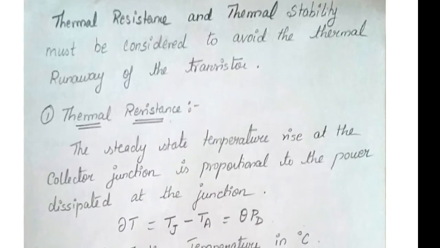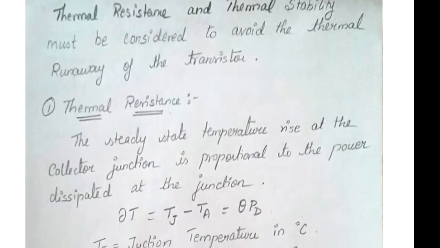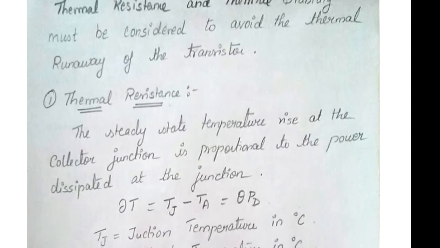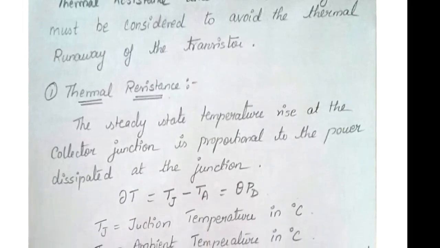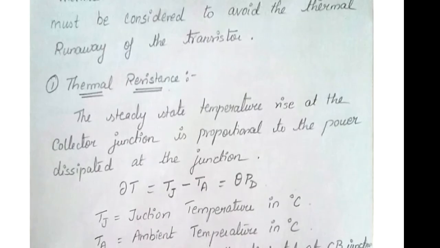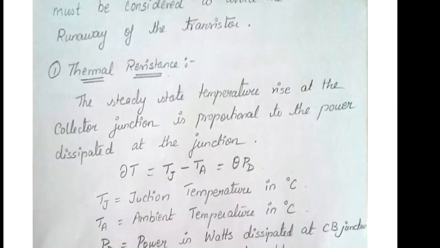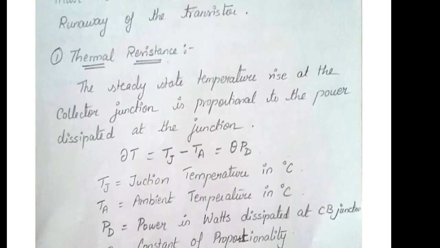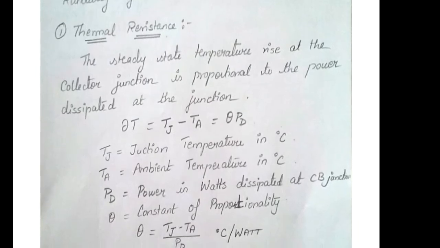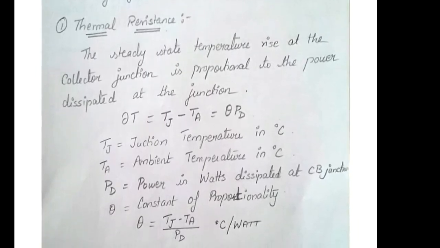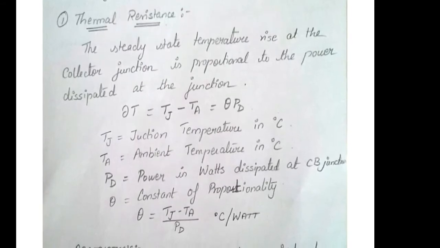The thermal resistance is the steady state temperature rise at the collector junction, which is proportional to the power dissipated at the junction. So, we can write the expression as ΔT = Tj − Ta = θPd, where Tj is the junction temperature in degrees Celsius, Ta is the ambient temperature in degrees Celsius, Pd is the power dissipated in the collector base junction and θ is the constant of proportionality. This must be noted properly because θ is the one which is going to determine the actual thermal